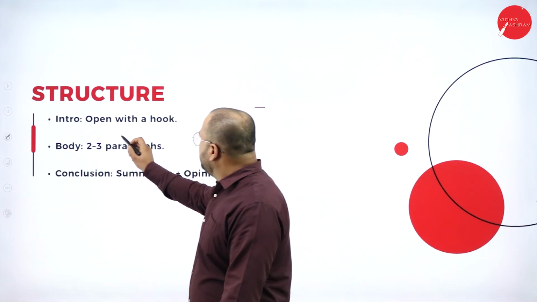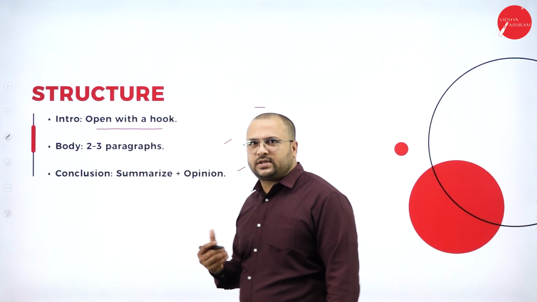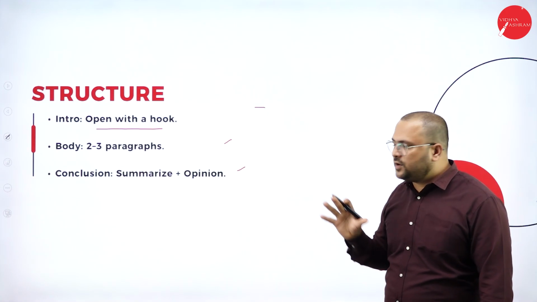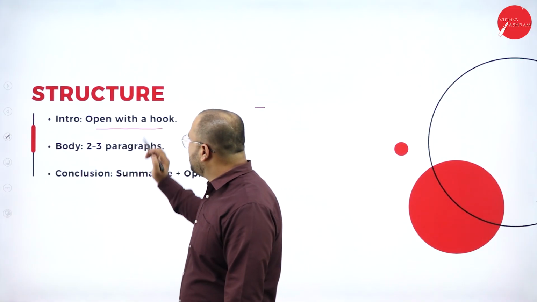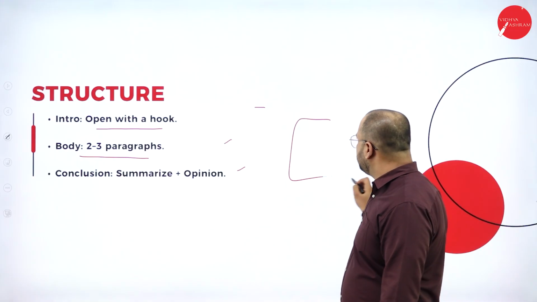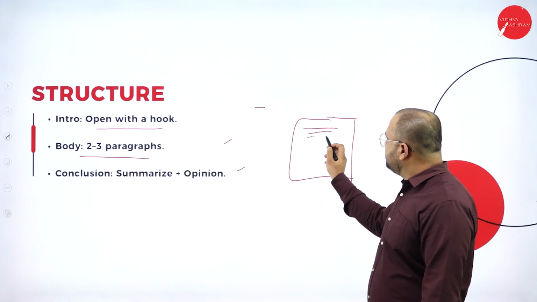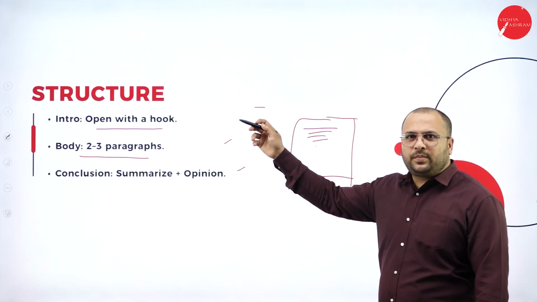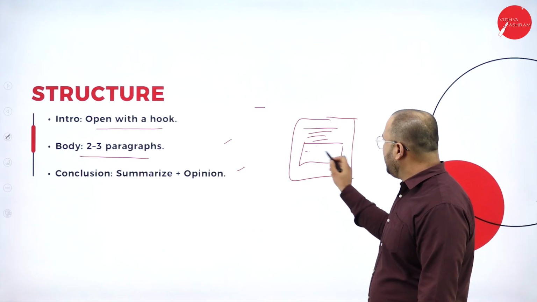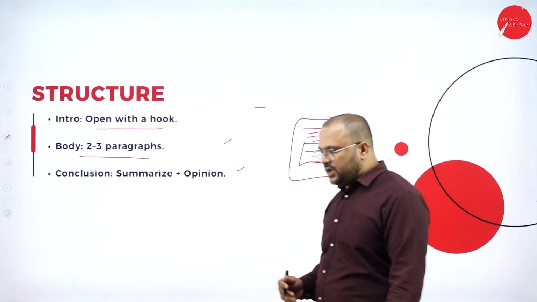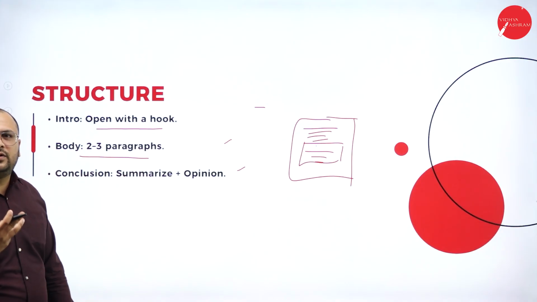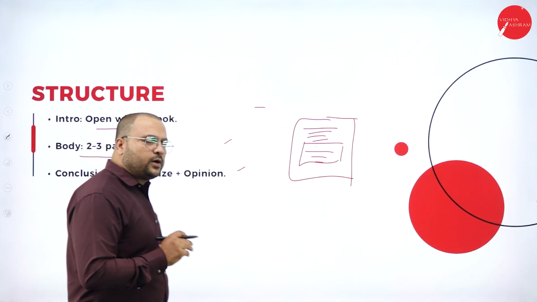In the introduction, you have to open with a hook. That means you quote something, or directly talk about something related to the given topic, and you catch the attention of the evaluator. That is how you do it. Open with a hook. Now, the body of the essay. If this is a sheet of paper, the introduction has a quote or a catchy sentence or phrase, then the body of the essay will have 2 to 3 paragraphs. It should look neat as well. Once somebody reads, they should get attracted to the way you have presented it. That is what is important.